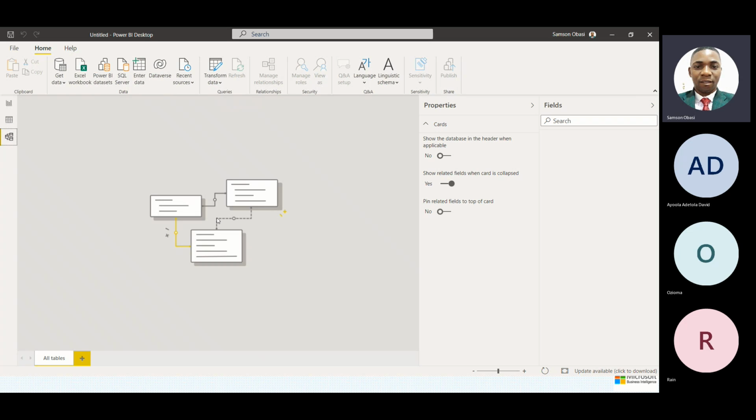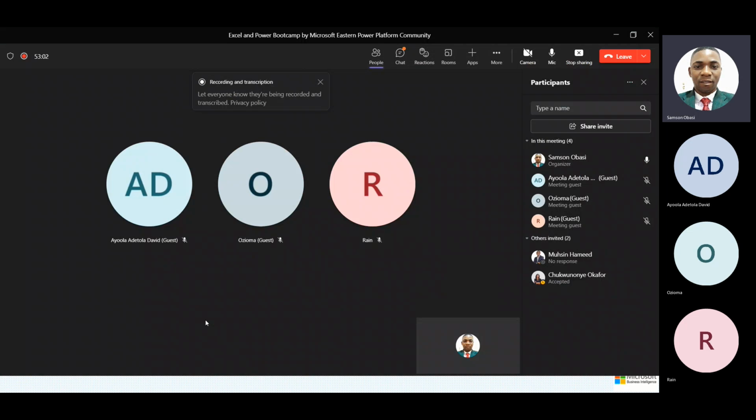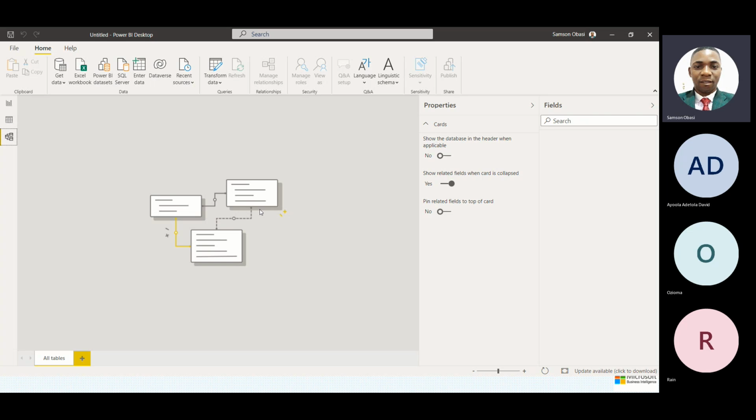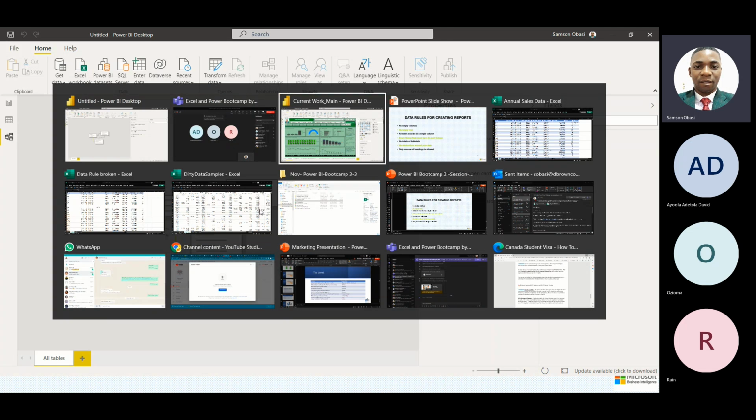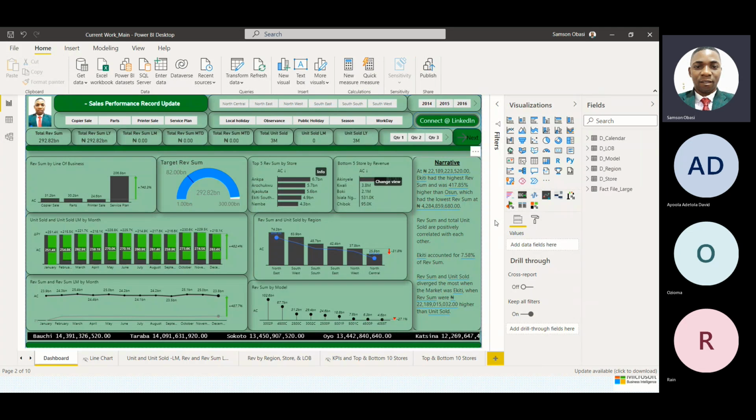And here we have our modeling view, or our model view, right? This is where we create connections. Remember what we did in Power Query, that we created connections, right? So we'll be doing that in our next session, looking at it holistically, in detail. So in our next session, that is building or creating relationships among tables. So just to recap on what I just said,